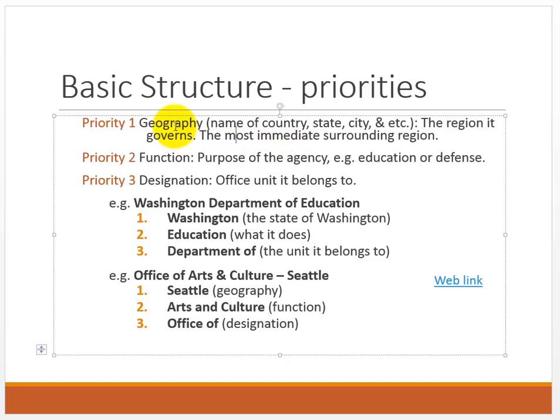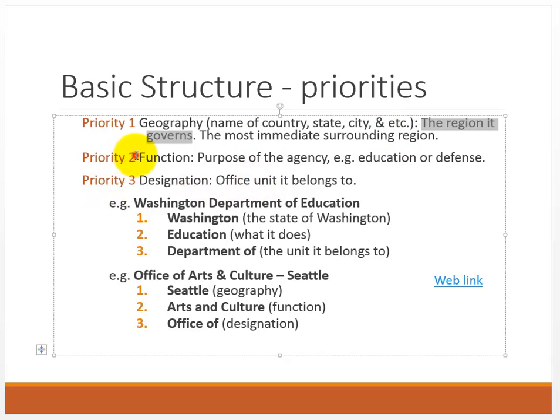Okay? So that's a distinction. When we say geography, we mean the region that agency governs or functions its activities and so on. Okay, so that's a priority number 1,